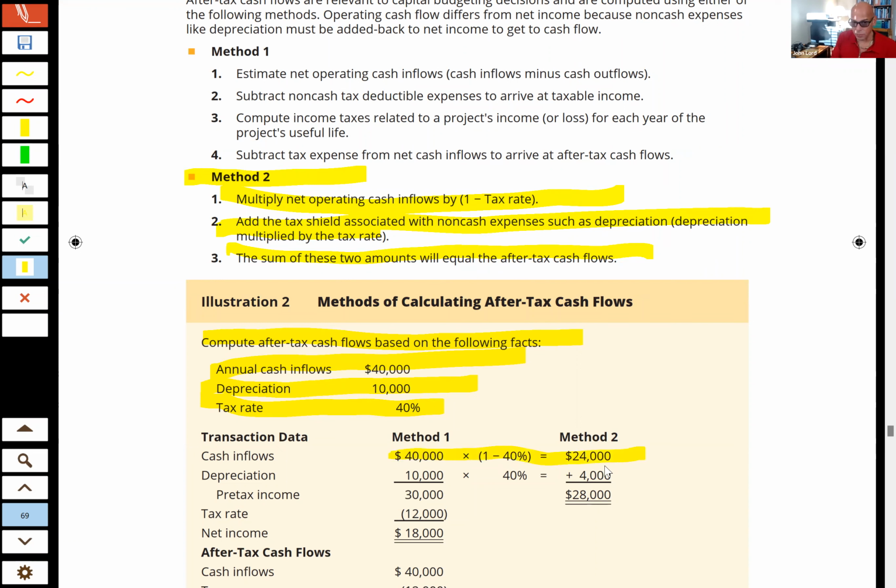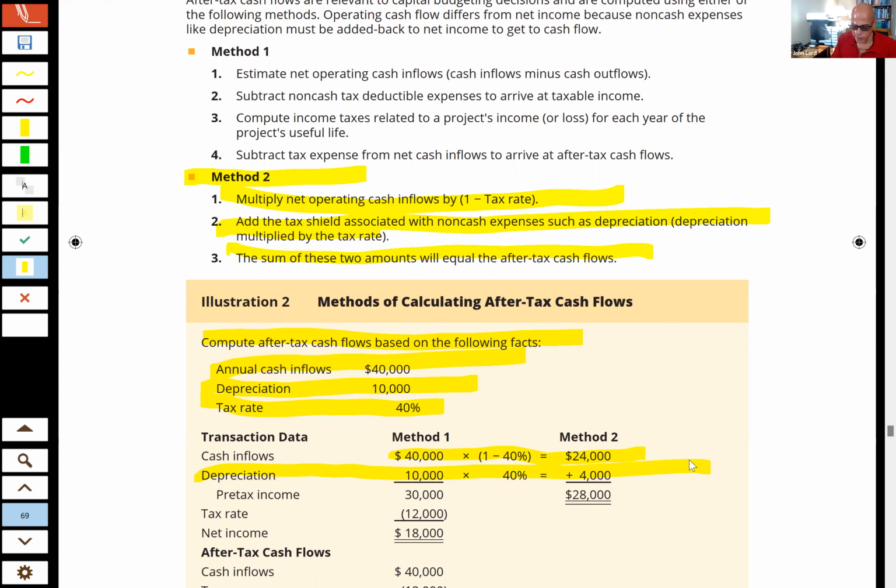You'd have to figure out, well, what am I going to be gaining from this project, the net cash inflows. But since I'm going to have to pay the IRS 40% of that, I'm only going to get to keep what? 60%. But what's going to happen? They tell me that I'm going to have $10,000 depreciation. That's depreciation that I wouldn't have had as a deduction if I didn't buy this equipment. So that tax shield that I have now is actually going to be added to the